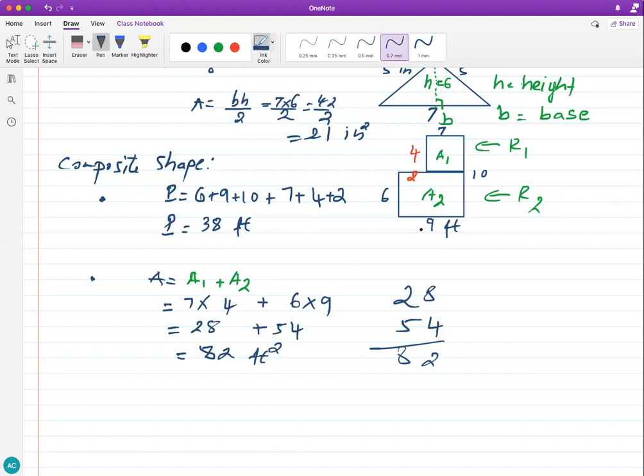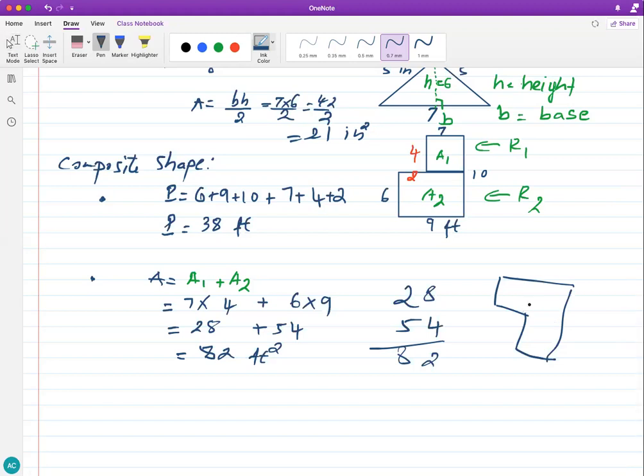Okay, that's how you do a shape. It could be this way, or you may see it that way as well. So again, the first thing you want to do is split it either this way